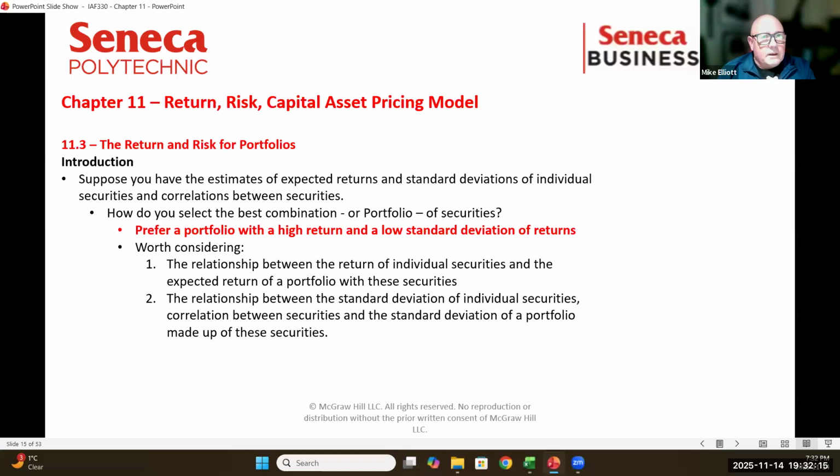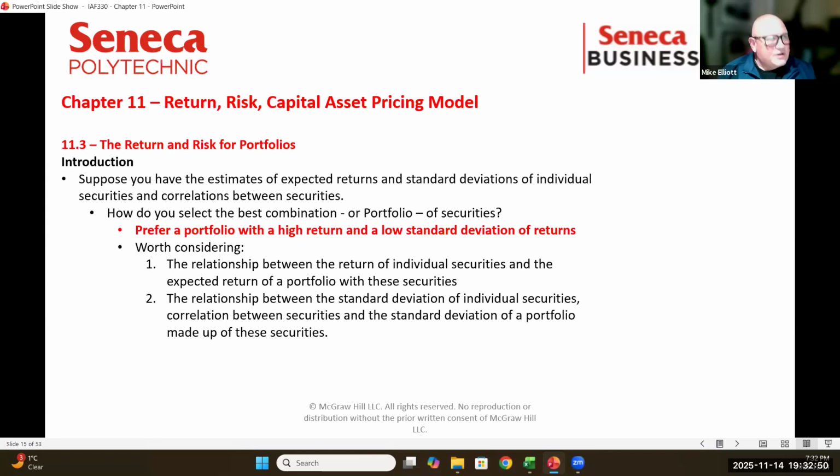I think we can all agree that when we construct a portfolio, we're looking for the highest return possible. But it can't just be the highest return possible, because we know that when we get into any sort of statistical area where we're looking for a return, there's risk attached to it. So we're looking for the highest return possible within our acceptable definitions of risk.